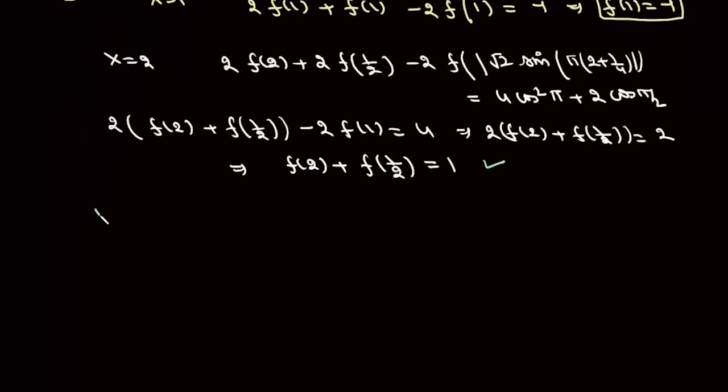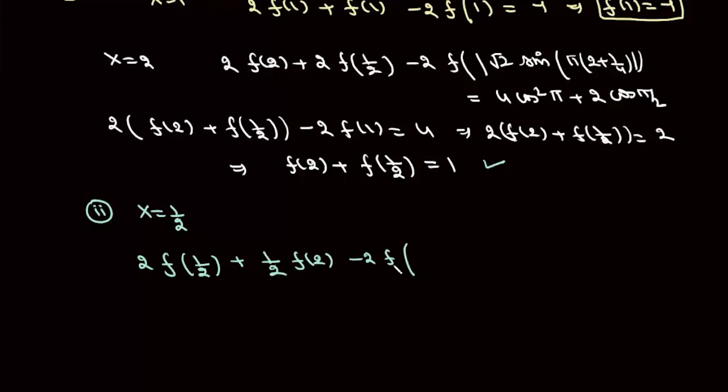So if we substitute x equals 1 by 2, we can simply write 2f(1 by 2) plus 1 by 2 f(2) minus 2f root 2, this is mod sine pi (1 by 2 plus 1 by 4), and it'll be equal to 4 cos square pi by 4